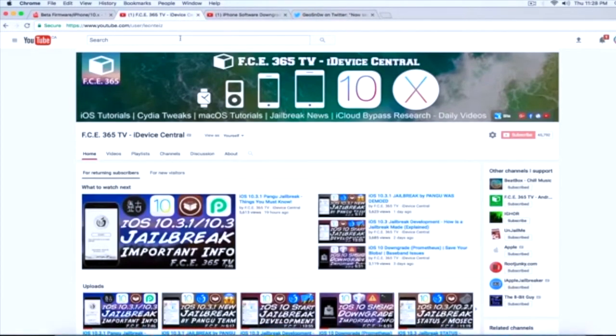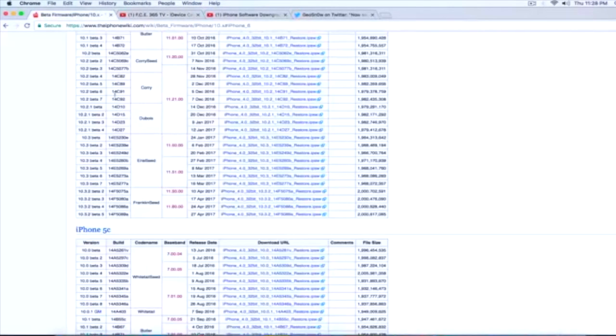And this is how you check a blob, but as I said, you need to save them because if Pangu does release something in the future and you're going to need to restore back, or if a method for downgrading appears again, like TeamStar's method, then you will not be able to use it, because most of the methods that were ever created for downgrades have been using SHSH blobs in one manner or another. So keep that in mind. Saving your blobs is very important. The beta of iOS 10.3.2 might come to an end soon, which means that 10.3.2 will be released in a couple of days or a week, which also means that iOS 10.3.1's days are numbered. So you should probably go ahead